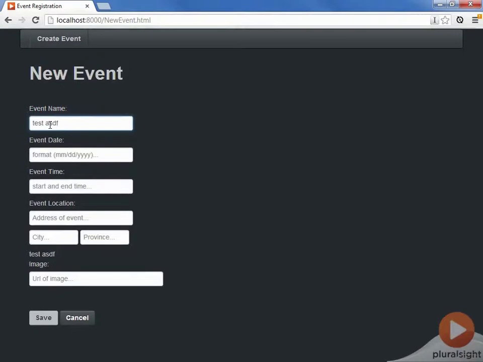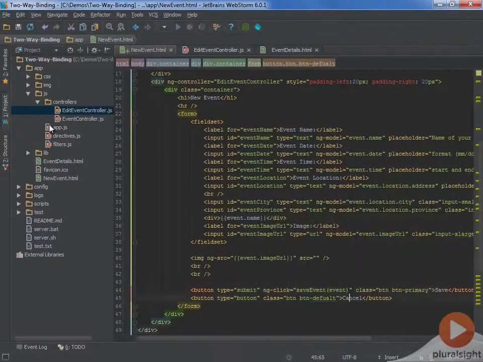Now for completeness, let's add some click handlers to our buttons. Now I want you to take note of something. Right here in this call to save event, I've passed in an object called event. Remember when we created the click handlers for the up and down voting? We passed in a session object. Here we're passing in the event object. Again, Angular is finding the correct object that belongs to this HTML and allowing us to pass it into a function. So now when we create this function,